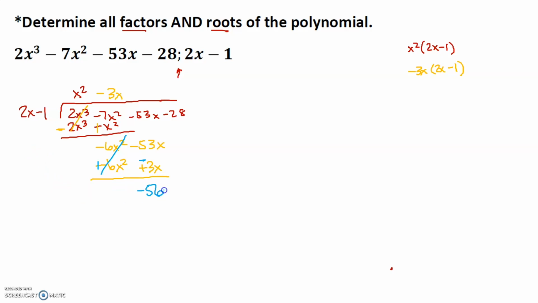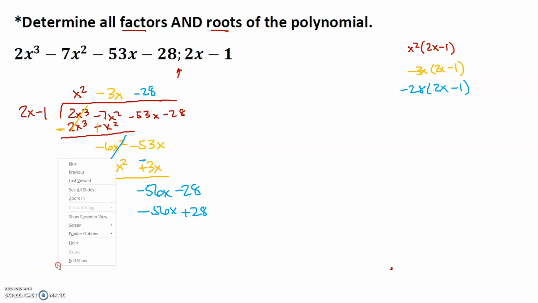This ends up being negative 56x minus 28. Again, we were going to do what times 2x gives us negative 56, so that when we distribute the negative through, it becomes a positive 56, and we will cancel. That's what we want to see. And the answer here is a negative 28. Okay, I'm going to write it out to the side here. Negative 28 times 2x minus 1. Well, that gives us negative 56. Like I said, that's what we want. Plus 28x. When we change our signs,